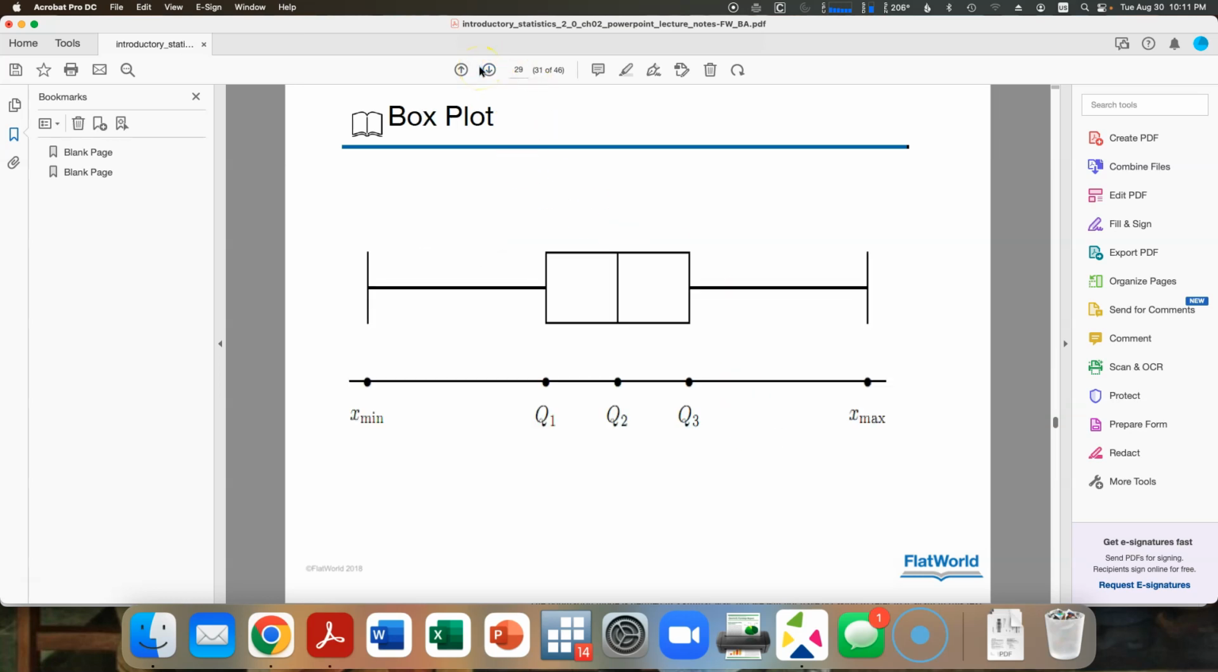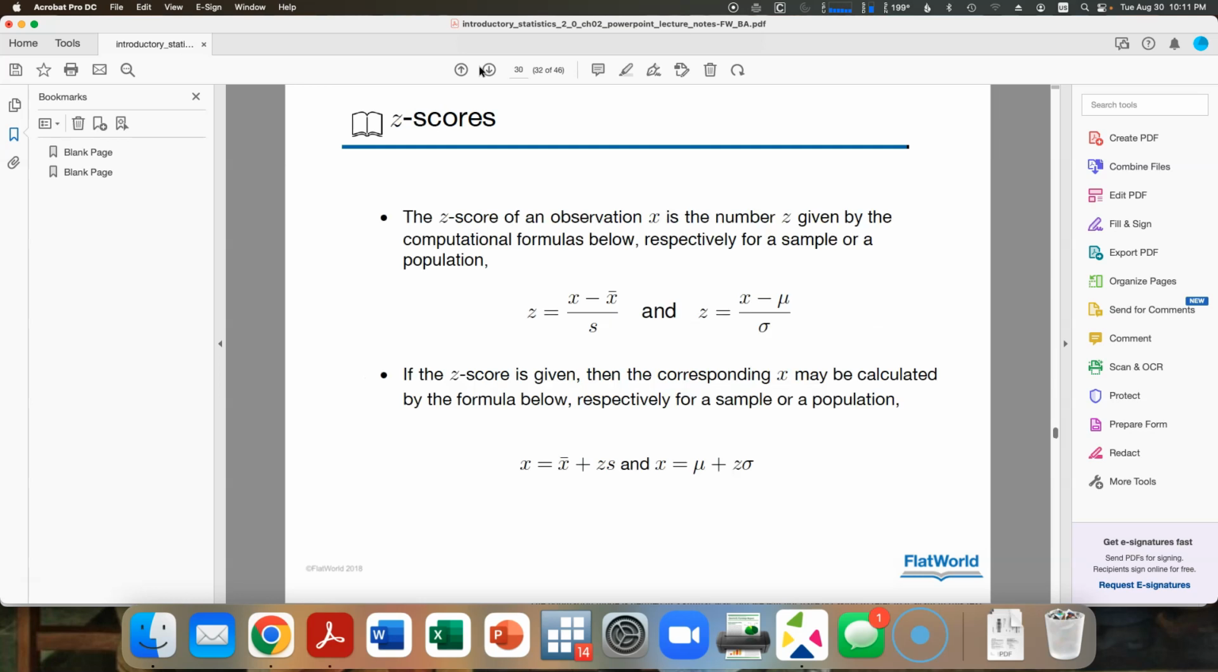And there's our box plot that I've already talked about. And then what that takes us to, as we kind of wrap up this subpart here, is we need to talk about the z-score. So what the z-score does is it